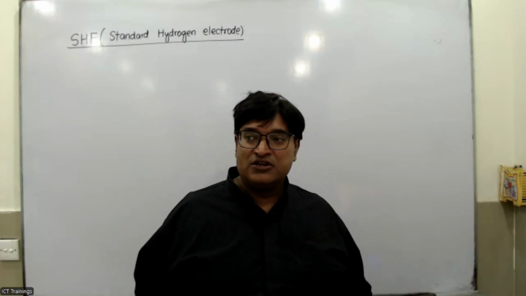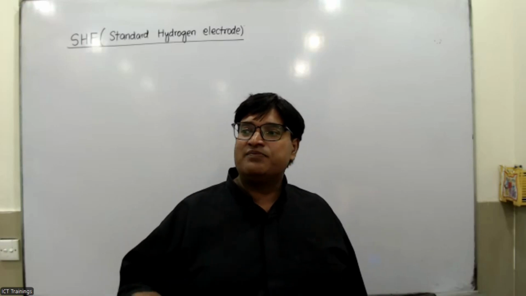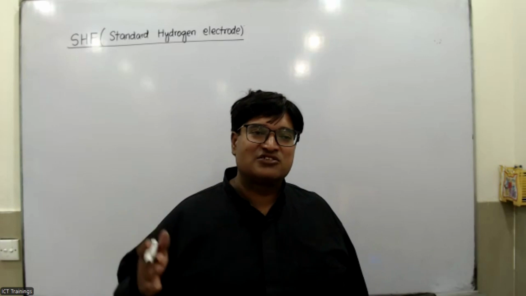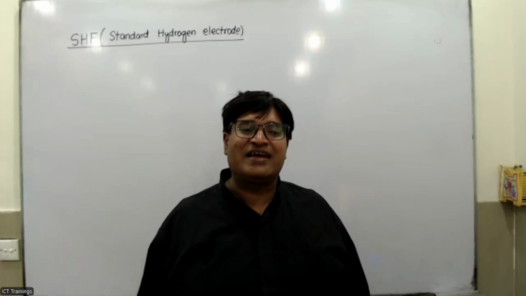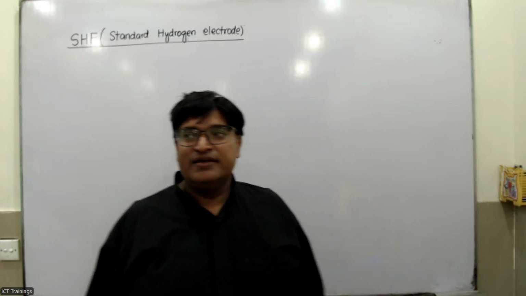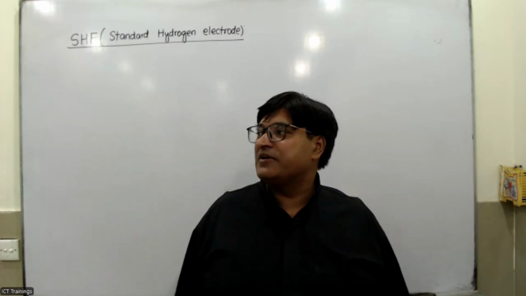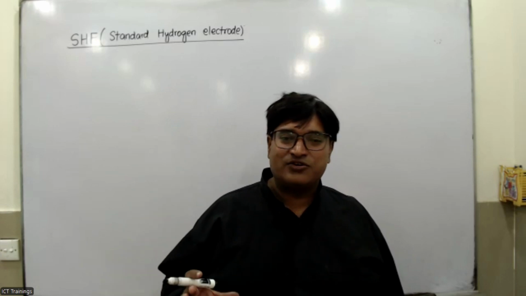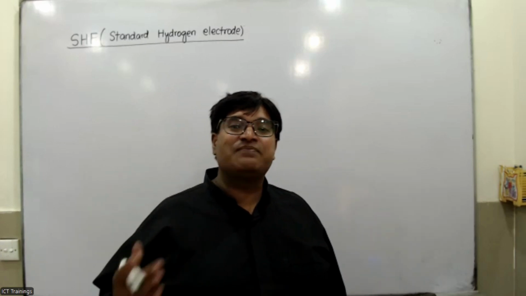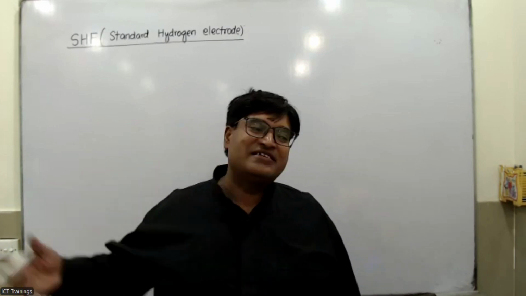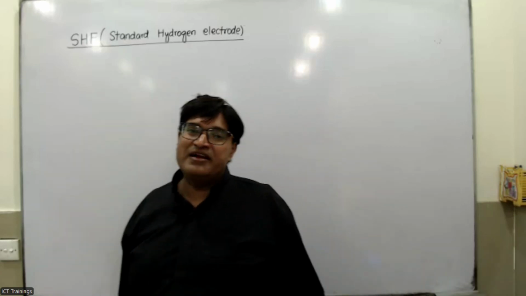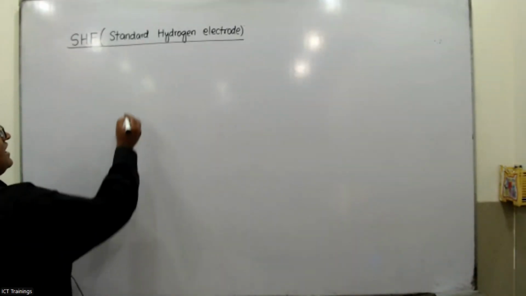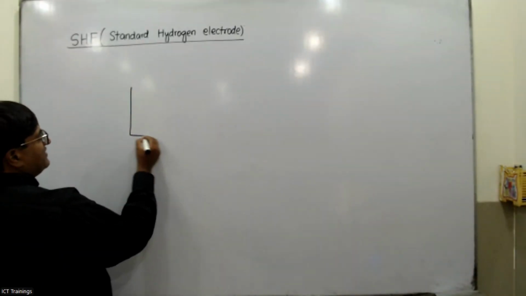Whenever anything is said, it is always said with reference to some reference point. You can't say that at one place you got 10 million electrons and this is a very large amount. Maybe at another place there are 10 billion electrons. So always remember, whenever the E naught values of any electrode are calculated, they are calculated with some reference point, and the reference point we made is the hydrogen electrode.